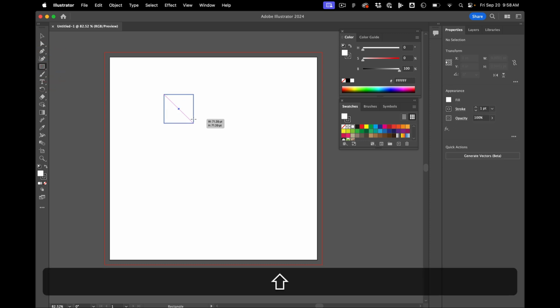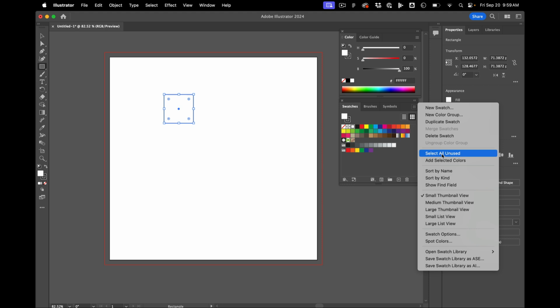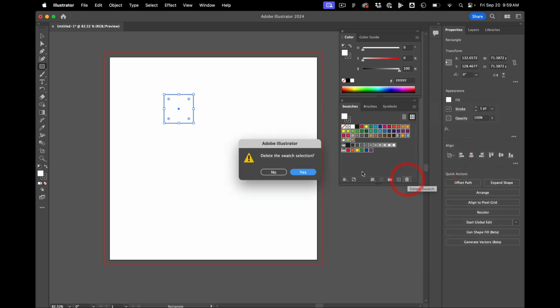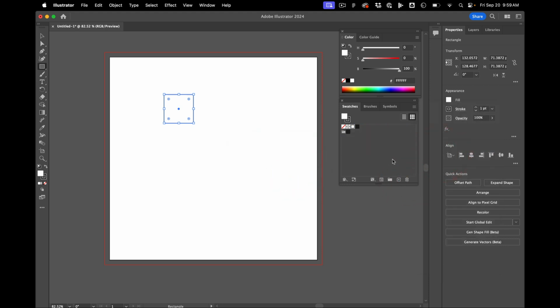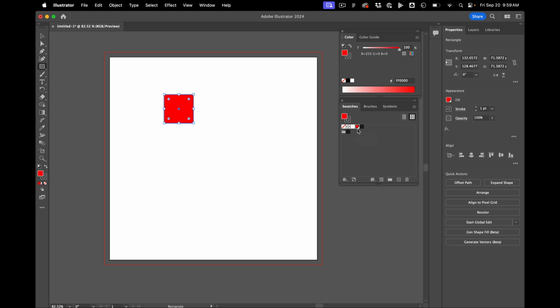So we're over in Illustrator for a second, and here's all our swatches. I'm going to get rid of all the ones we're not using, just to clean it up a little bit. Then I'll make a new swatch. And when I click this little global button here, it's going to link this color to this object. So we'll make it red. You can tell that it's a color that can be linked because it has this little check in